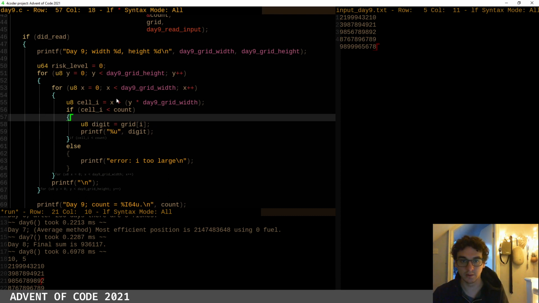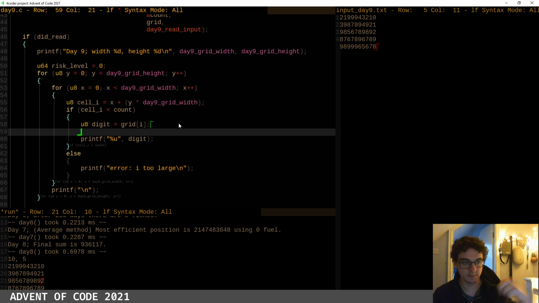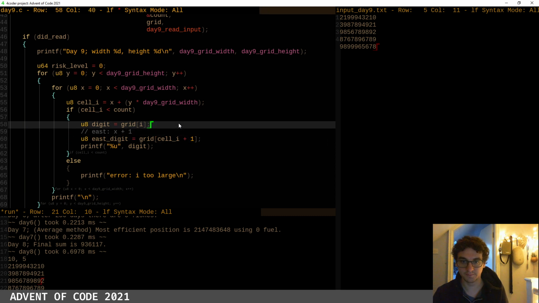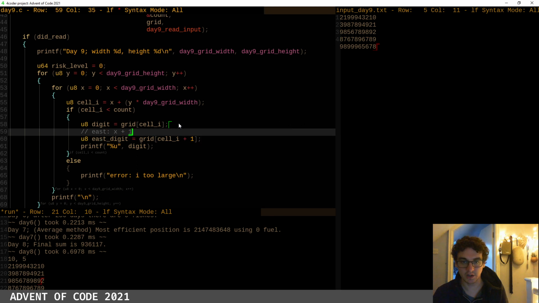We then need to look at, so this is looping through, north, east, south and west. The easiest would be east. So east is just x plus 1. So I could say east digit is equal to grid cell I plus 1, right? But we don't want to check the east digit